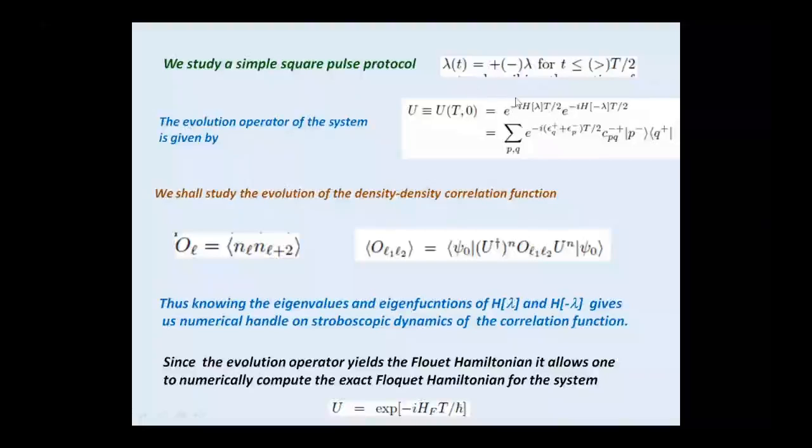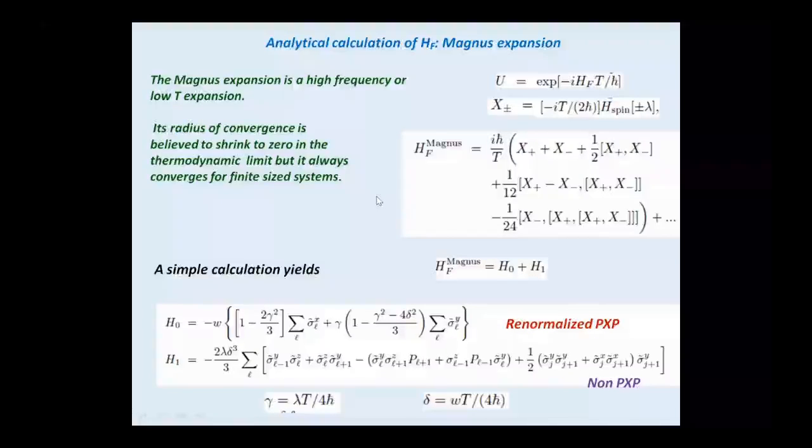We also focus on the regime where this lambda is large compared to W. So we are in the large drive amplitude regime, so to speak. There is a class of terms which gives you just sigma x tilde and sigma y tilde. This is what is called the renormalized PXP, because this can be mapped onto the PXP term, which is like sigma x tilde up to a rotation. If you just rotate in the sigma x sigma y plane, you are going to get this term.